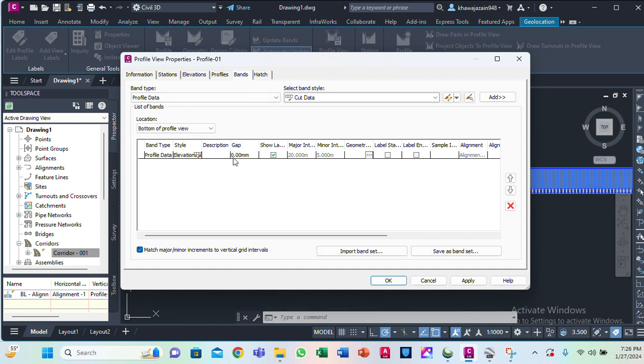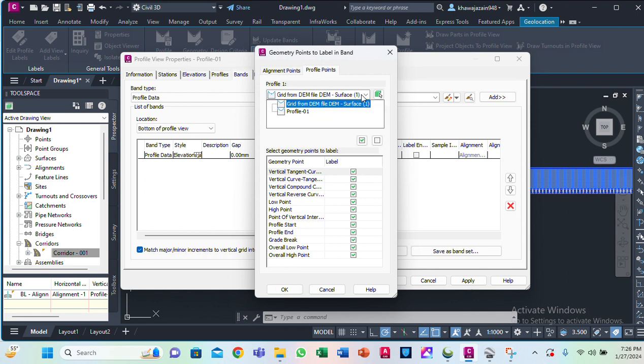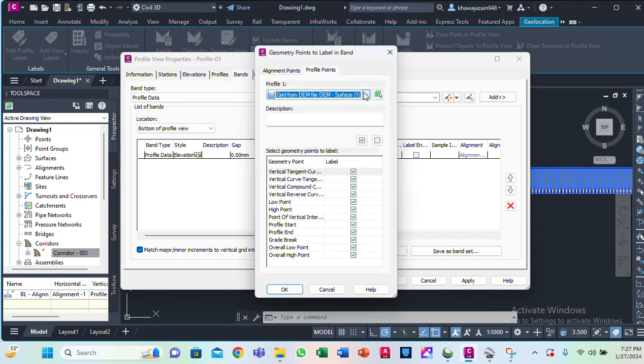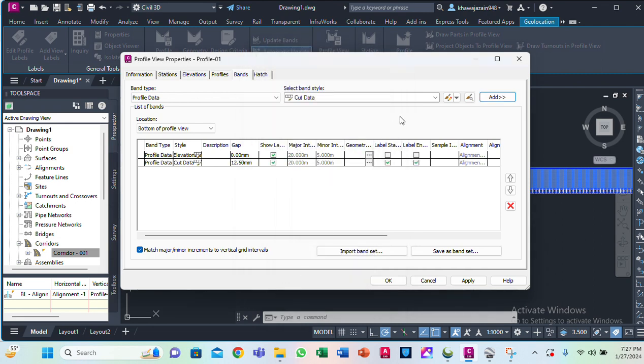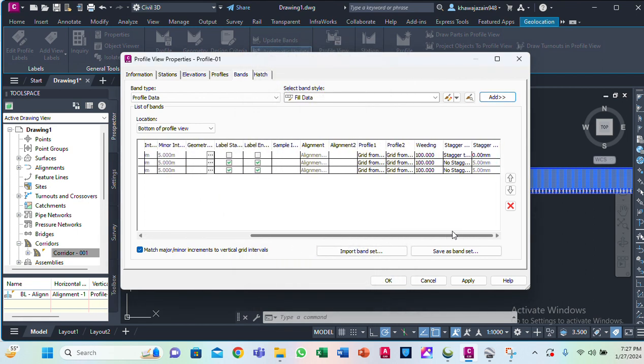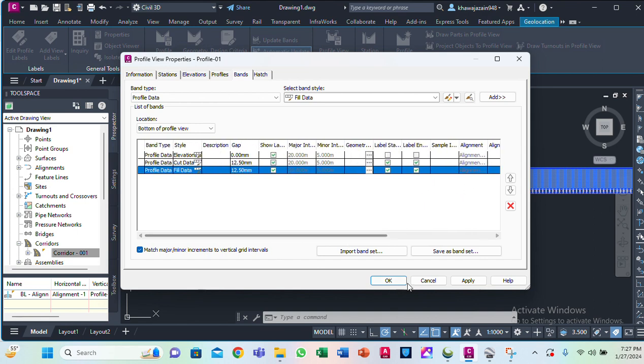Simple, we have to select the cut data here, add our cut data. Okay, after selecting cut data, we have to add it and go for OK. Now we have to select the fill data and add it and press OK. Now we have to go to the settings here, change it for profile 1, also change it to profile 1, change it to profile 1. Now we have to apply